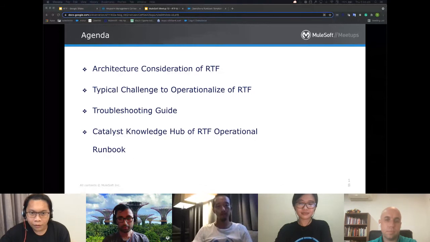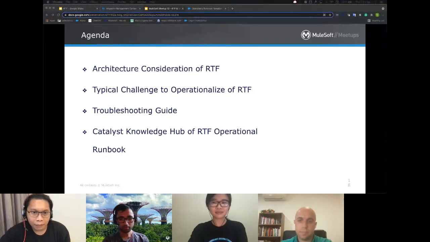Then we will discuss the Catalyst Knowledge Hub, like the runbook template that you can use and enhance to support your operational team at L1 and L2 that will mainly be in touch with RTF.